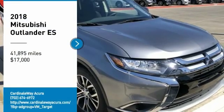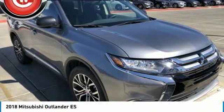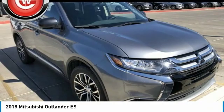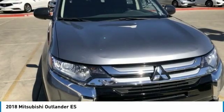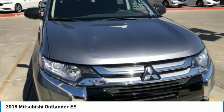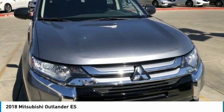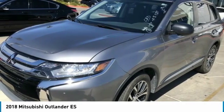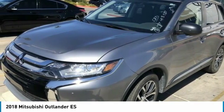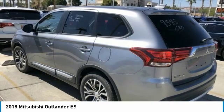Stop by and take a look at the 2018 Outlander. A versatile crossover with power to spare, Outlander boasts an upgraded level of interior comfort and advanced technological features to give you control over every element of your drive. With super all-wheel control and a 5-star frontal and side impact crash test rating, peace of mind comes standard and